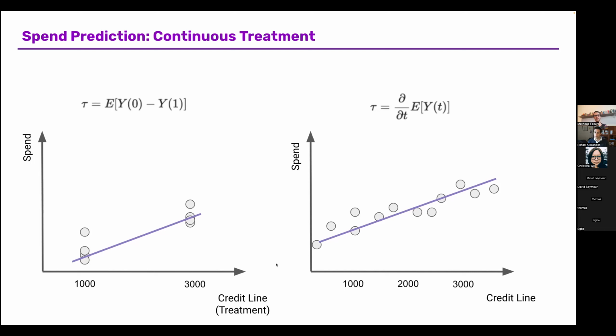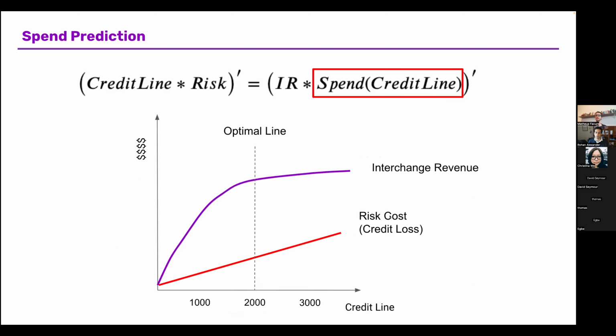But still, it's not so different. You might be willing to say, okay, I'm going to estimate the derivative of spend with respect to credit line by simply fitting a regression line. So I'll fit a regression line of spend on credit line, extract the slope of this parameter, and say that the slope of the curve that I estimated will function as the derivative that I want to estimate, right? It seems very reasonable.